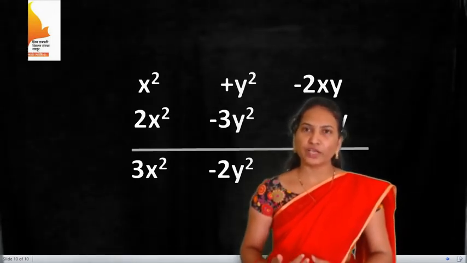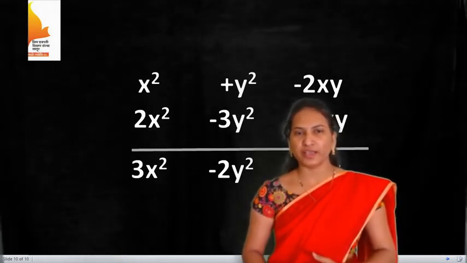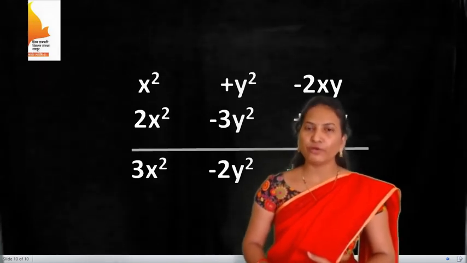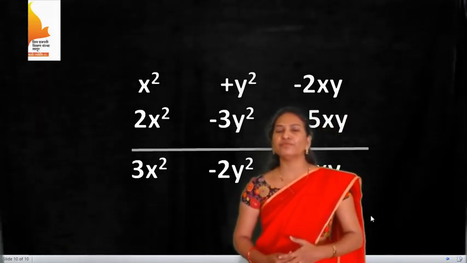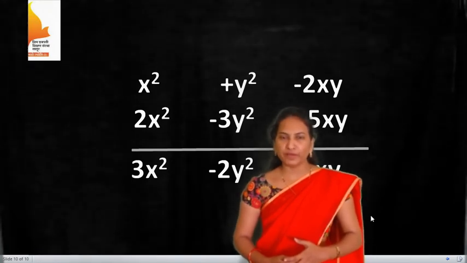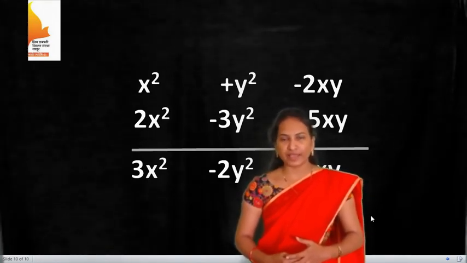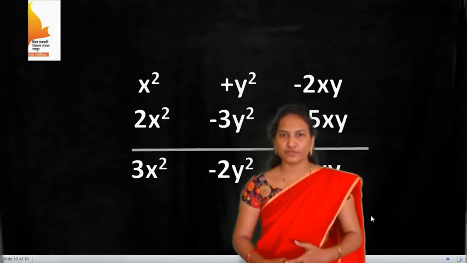In this way, we can do the addition of algebraic expressions. I hope you all get the idea of this topic, power of a variable, and types of terms, like terms and unlike terms. Thank you everyone.